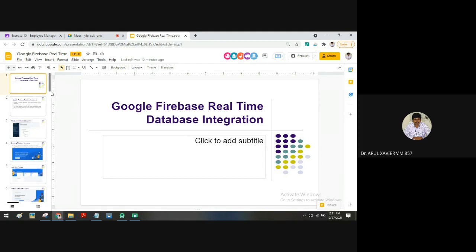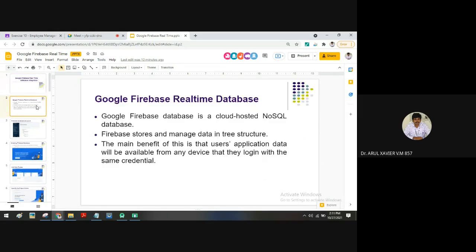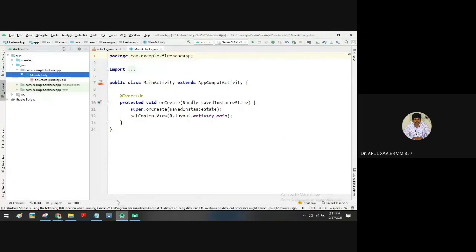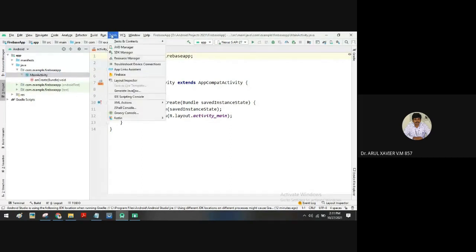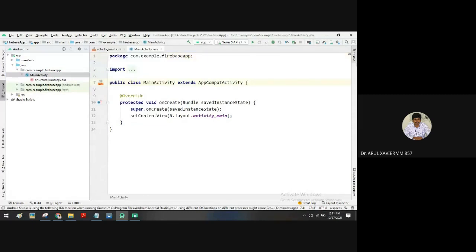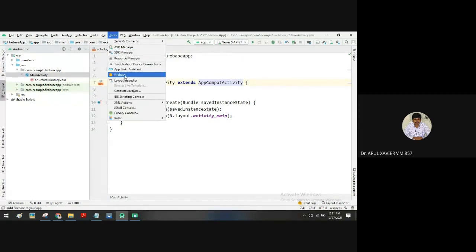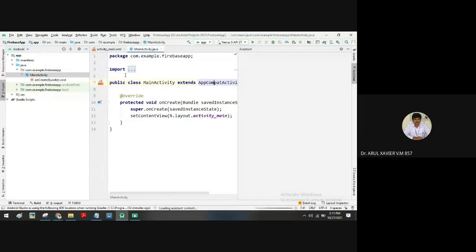In this PPT, you can see the procedure for how to connect Google Firebase real-time database. There are two ways we can do that. First step is to create an Android project in Android Studio. Then you can go to Firebase tools.